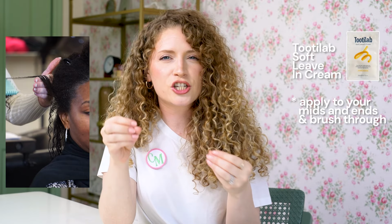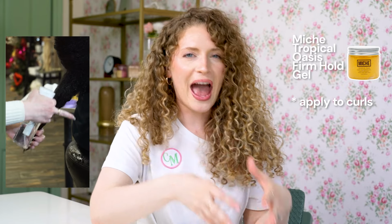On soaking wet hair, apply the 2D Lab Soft Leave-In Cream and brush it through. Then I would recommend brush styling in 3 to 4 sections, depending on how thick your hair is. On each section, apply some of the Miche Tropical Oasis hair gel. Be sure to wet each section with a spray bottle as you go. You can scrunch in some more gel once you put it through the sections, and then diffuse or air dry